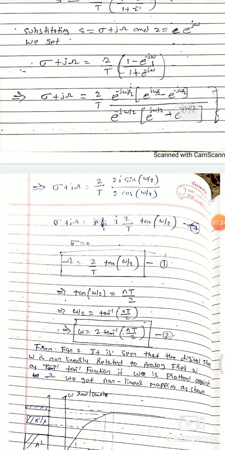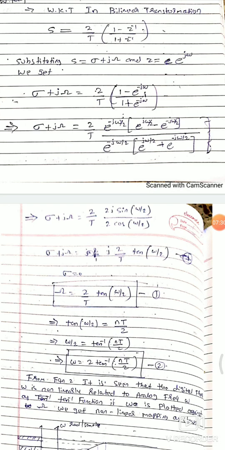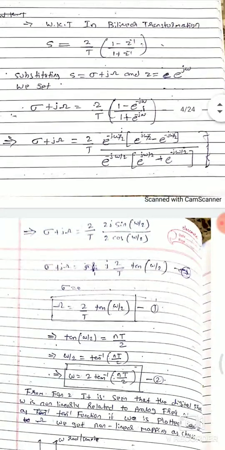So you can see here, this is sigma plus j omega as it is, 2 by T as it is. This can be written as,